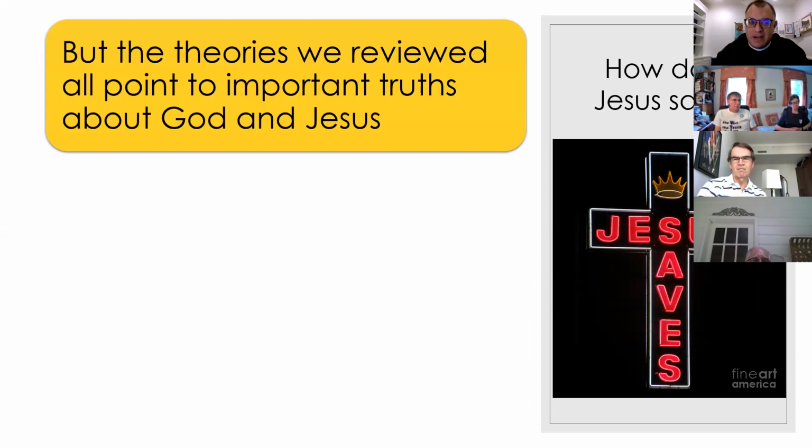There are things that matter. The theories we reviewed all point to important truths about God and Jesus. I think it's important to have an idea of how this works, especially when we start to talk about some of the critiques of the theories, because they do have these shadow sides. When we're talking about substitutionary atonement and the valorizing of suffering, or talking about how people need to pay for their crimes, it's very easy to see a very clear through line from that theory, from penal substitutionary theory,